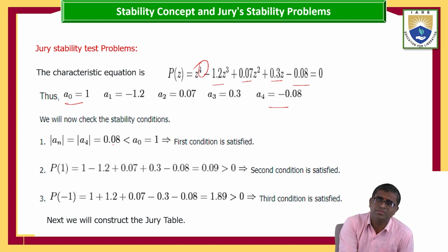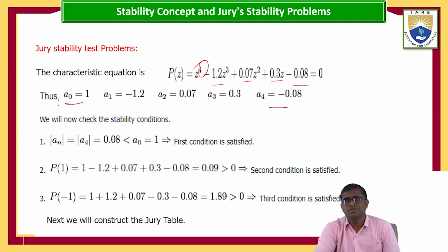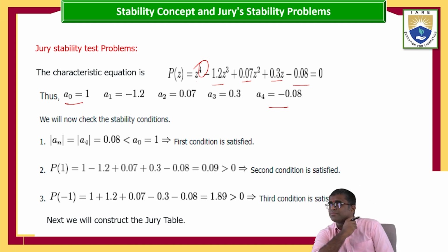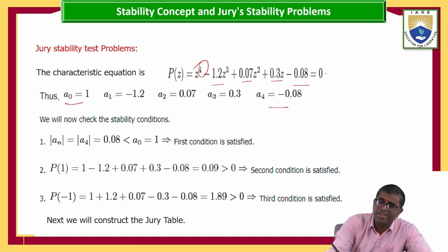The magnitude of this one is minus 0.038. The magnitude of this one is 0.08. And it is less than A0, no? It is less than A0. So it is the first condition we have to satisfy. Next, coming to the next one, substitute into the characteristic equation, the polynomial equation here, this one